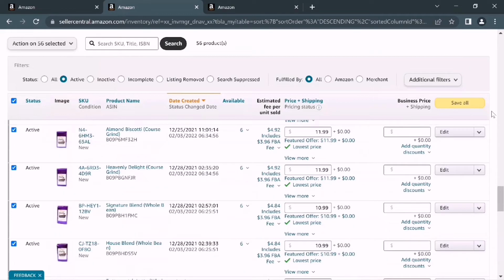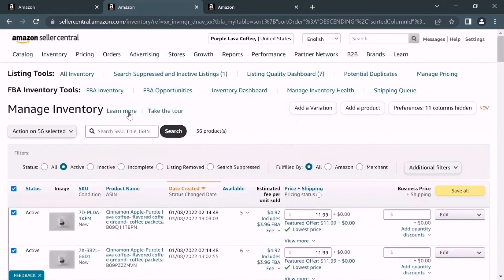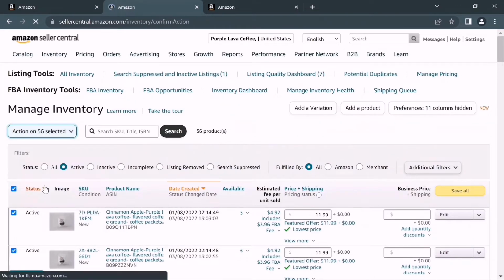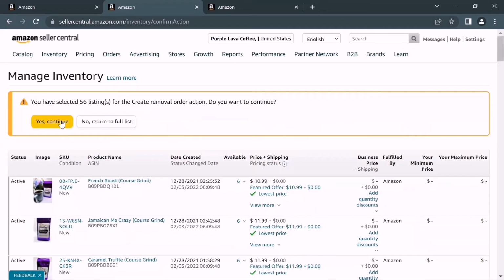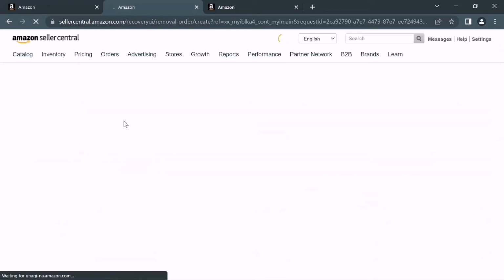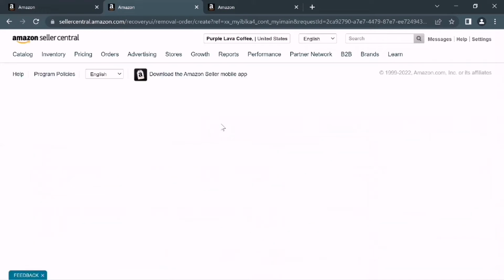I want to create the removal order for all of these listings showing here, so you just have to click here and then click on create removal order. This is very simple and very fast. You have to click on yes and continue from here, and on the very next page you have to provide